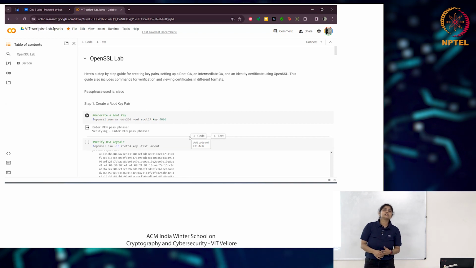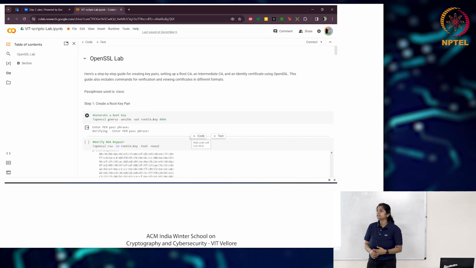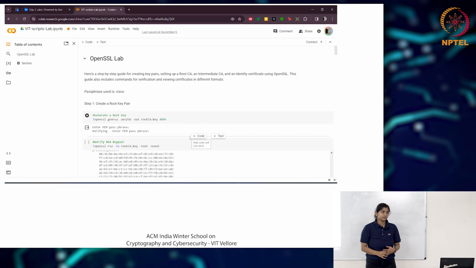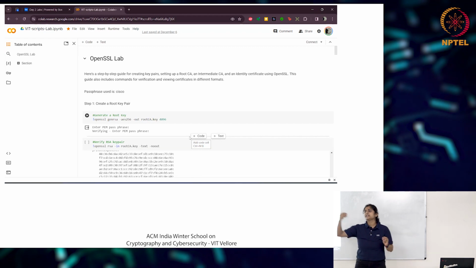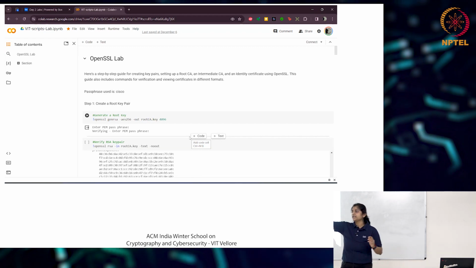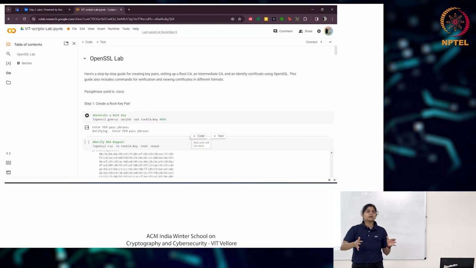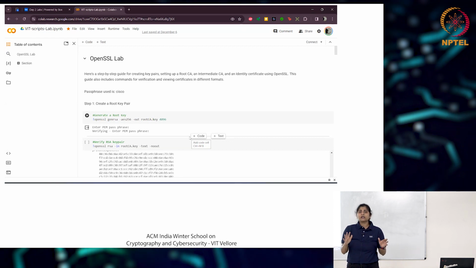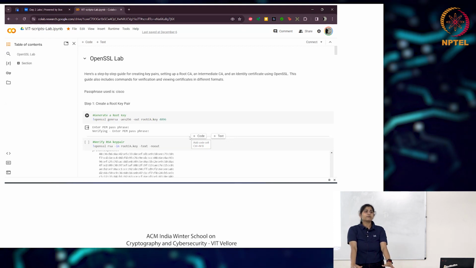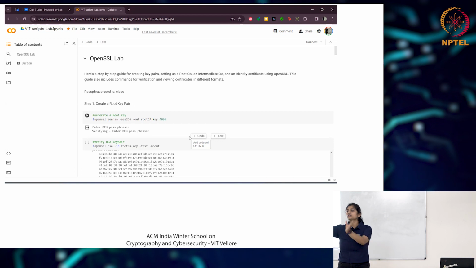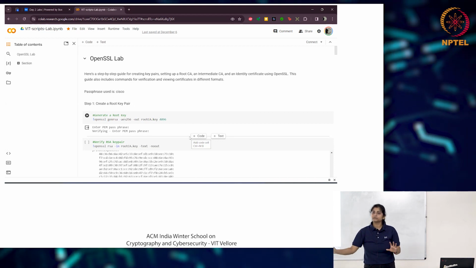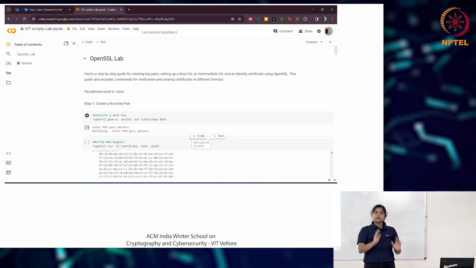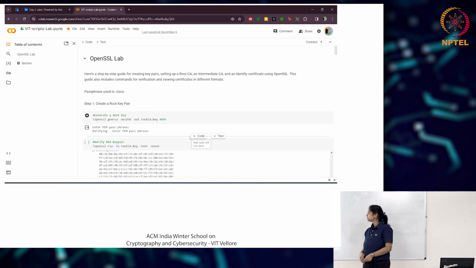So mostly personal certificates that you install on your PCs are all PKCS 12 files. Whenever you get it from somewhere, or for example, you don't want to go through the CSR process, go to the CA, get the certificate back, you can just create a PKCS 12. If your device has gone faulty, you get a new device, you just install a PKCS 12. Your certificates are restored. Okay, there are good ways to restore or store the certificates.